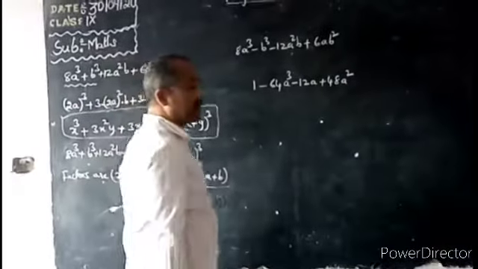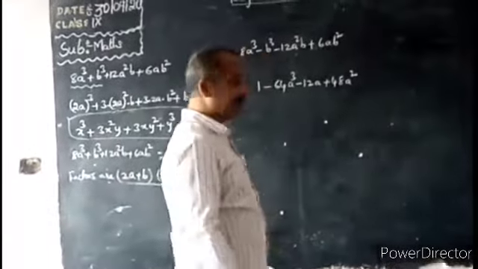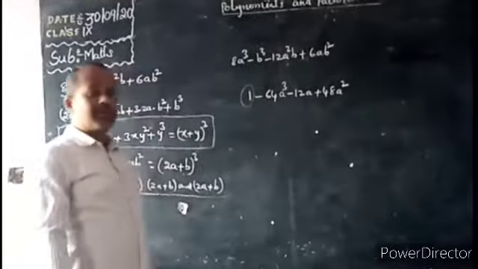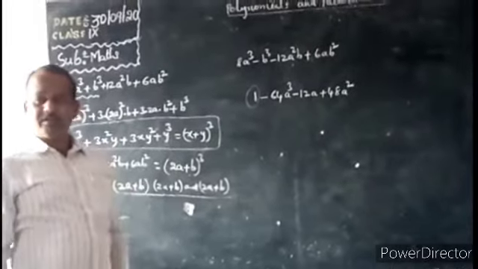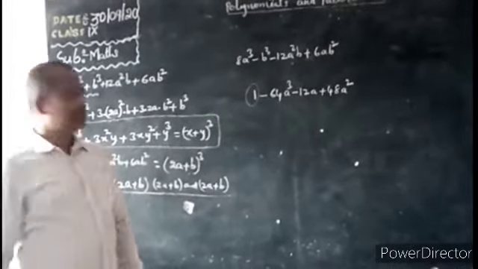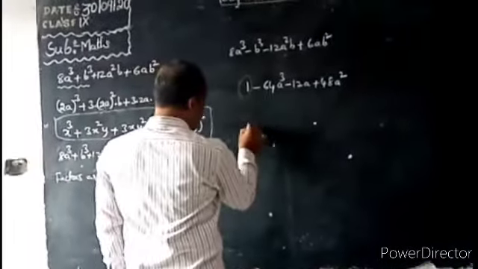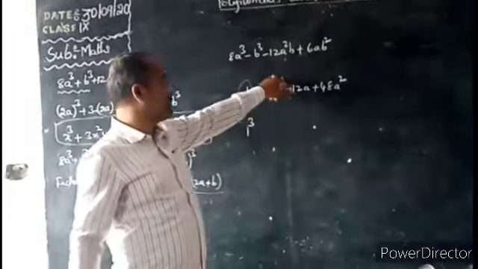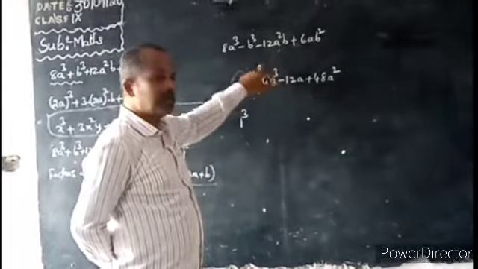First, it is also an a cube minus b cube formation. First, 1 cube is 1 only, na? 1 cube can be written as 1 only. Yes, na? So it may be written as 1 cube. The last term here is 64a cube. The a cube term contains this one.